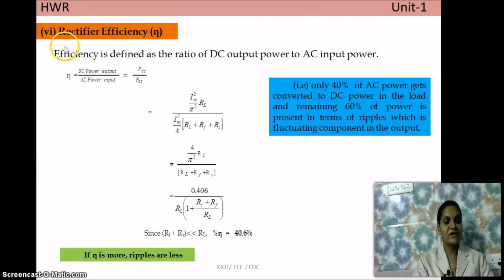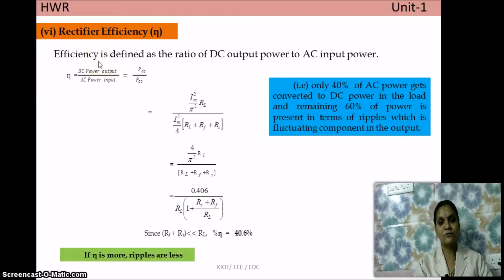And the seventh one is rectifier efficiency. We have designed one circuit, that is, we have discussed one circuit, the half wave rectifier. We need to calculate the efficiency of the circuit. Then only can we use the circuit from an application point of view. Normally any circuit, if it provides an efficiency of at least above 80%, is effective on the application side. So for that reason we need to calculate the efficiency in the half wave rectifier.